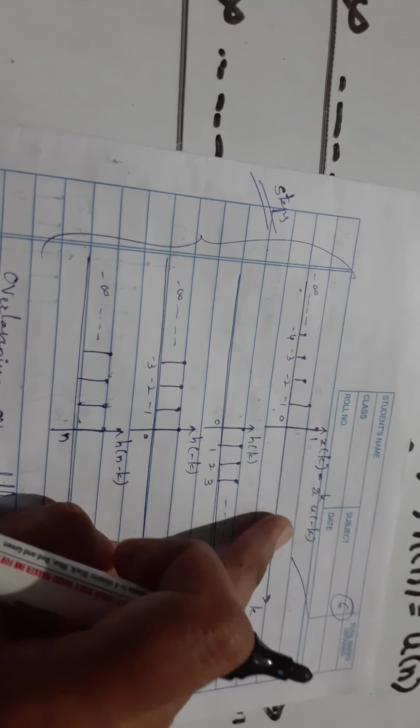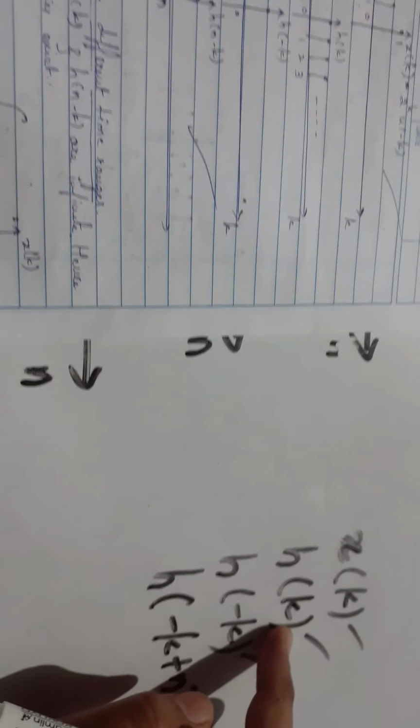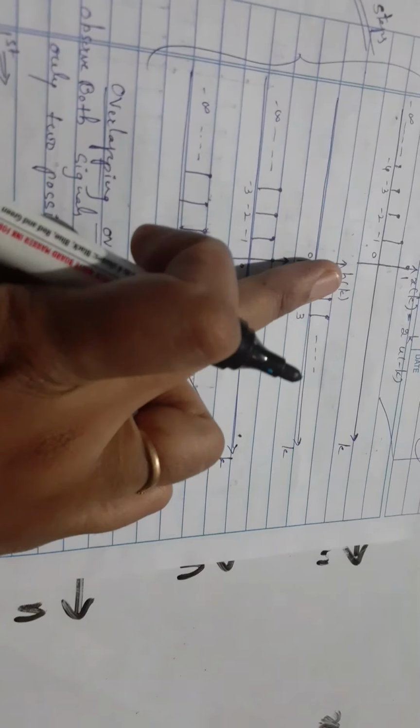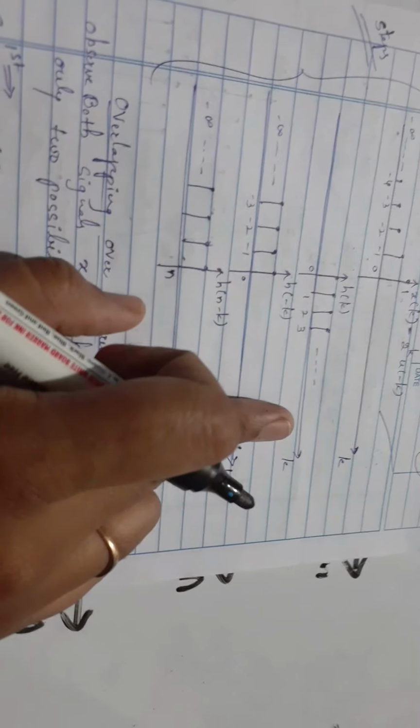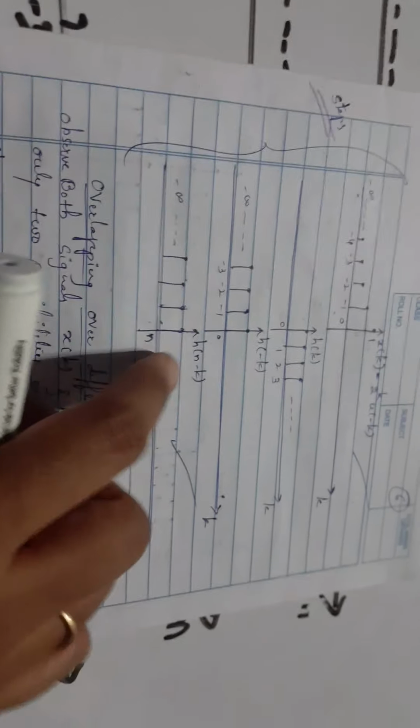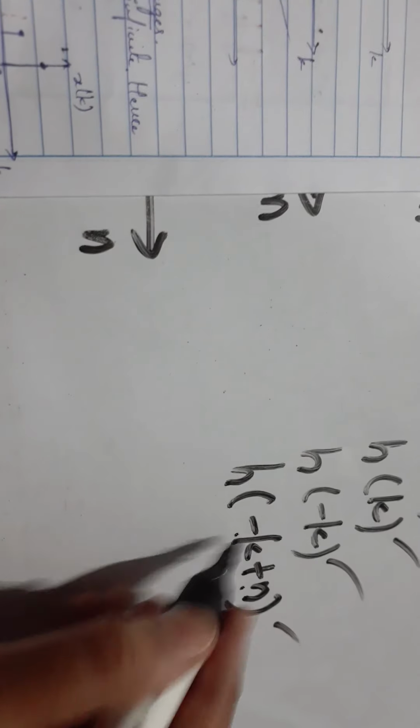2 raised to k. And h of k, next step, h of k we need to find. Simply replace n by k. You will get h of k. All amplitudes 1, 1, 1. Reflect the signal, you will get h of minus k. Simply reflect, flip it, you will get minus infinity till 0, h of minus k. Now how to get h of n minus k? That is h of n minus k, that is minus k plus n.